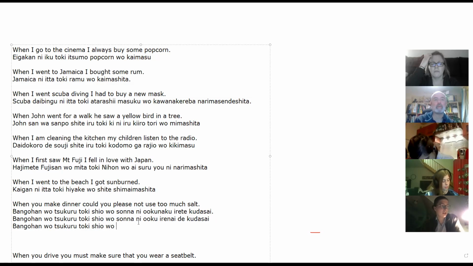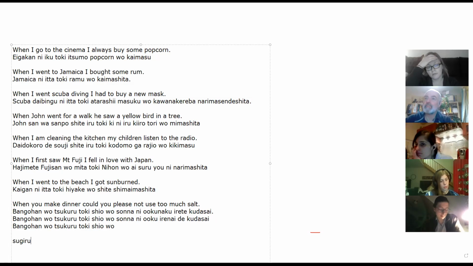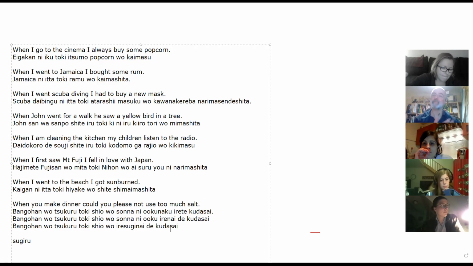塩を, using this verb, すぎる. 入れすぎ, you don't even need to use を. For example, 入れすぎないでください. I mean, this is actually a direct translation of the original sentence. 入れすぎ, don't overdo the putting in of salt. 塩を入れすぎないでください。